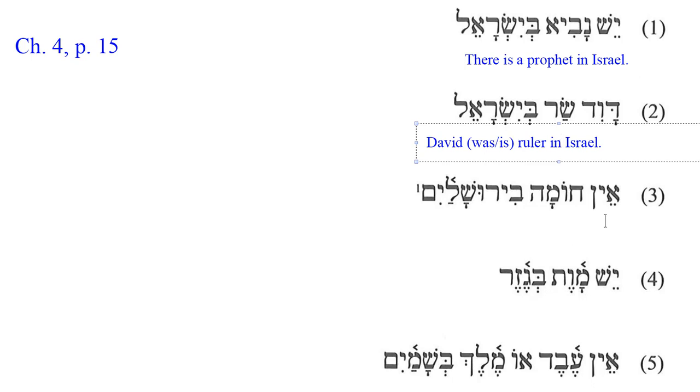Let's look at the third one here. Ein choma v'Yerushalayim. Now this noun here at the end is Yerushalayim. It's Jerusalem. There's a note here, note 1, and it tells you that when you have a bait, as you have here, then interesting things can happen. Since you can't have two vocal shawahs together, this shawah is going to convert to a hirik,